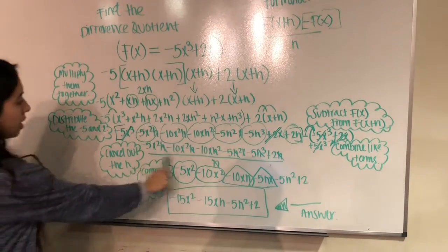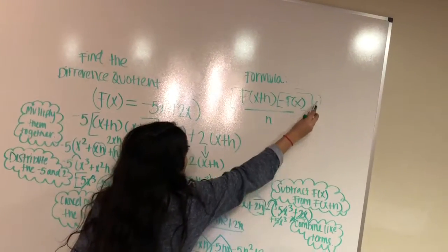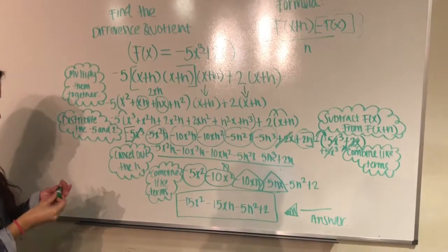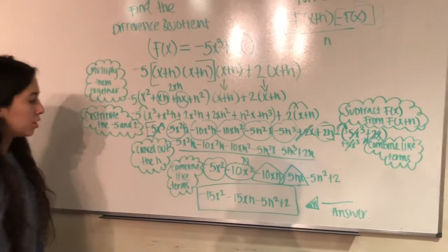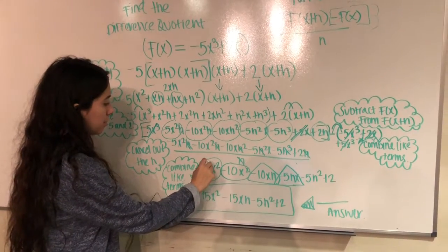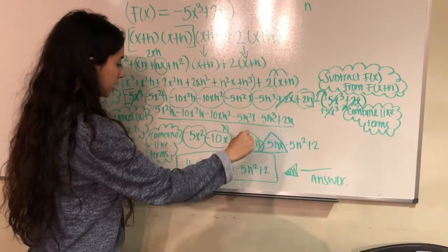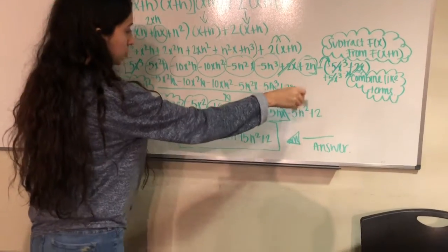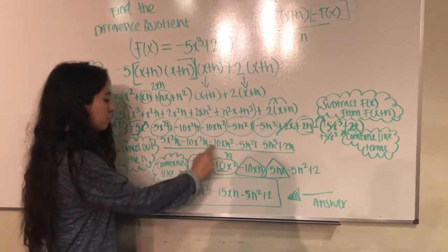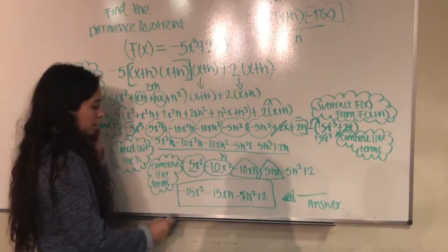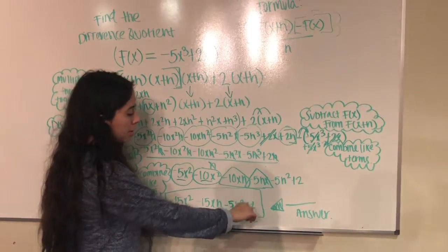And now, since that big problem, everything that we brought down, is what is up here, we're just going to put h under, and we're going to cancel out the h's. So when we cancel out the h's, we get negative 5x squared minus 10x squared minus 10xh minus 5hx minus 5h squared plus 2. So now we're just going to combine the like terms. And after you combine like terms, your final product should be negative 15x squared minus 15xh minus 5h squared plus